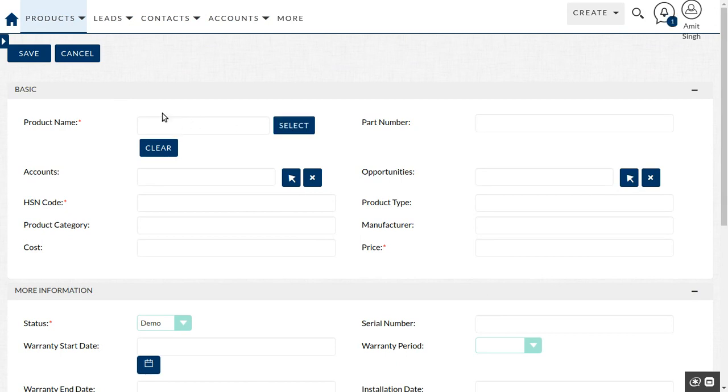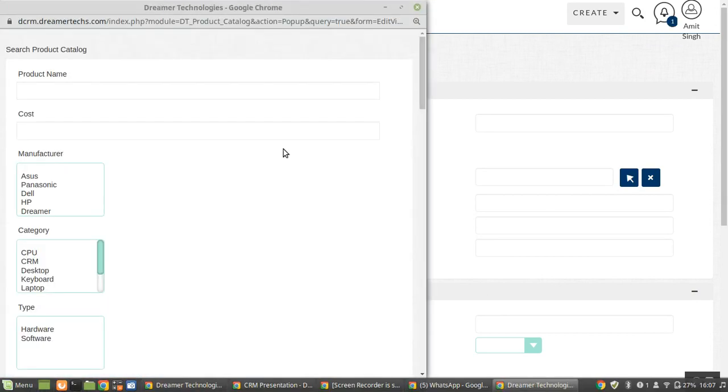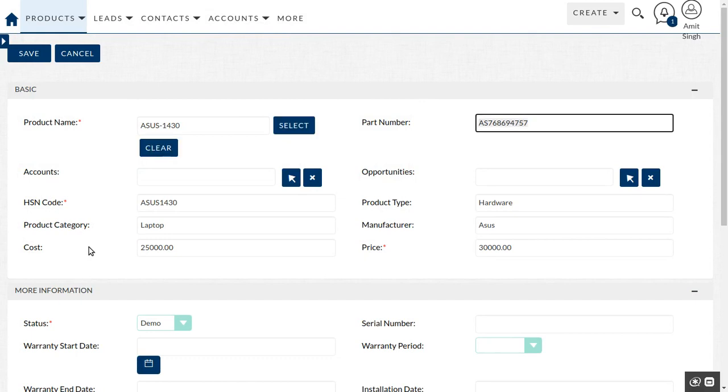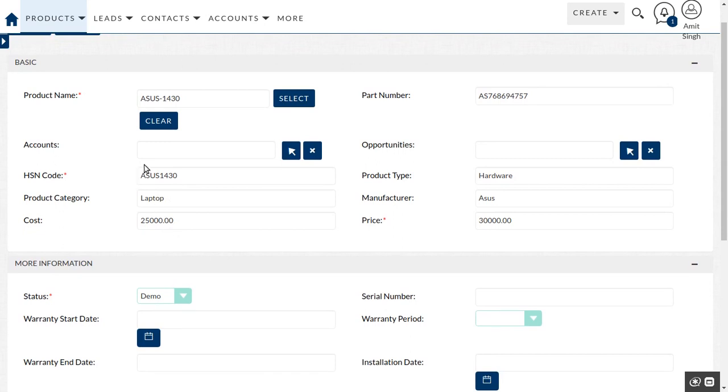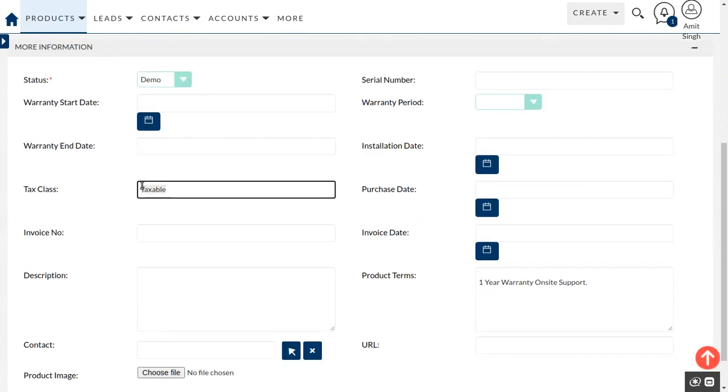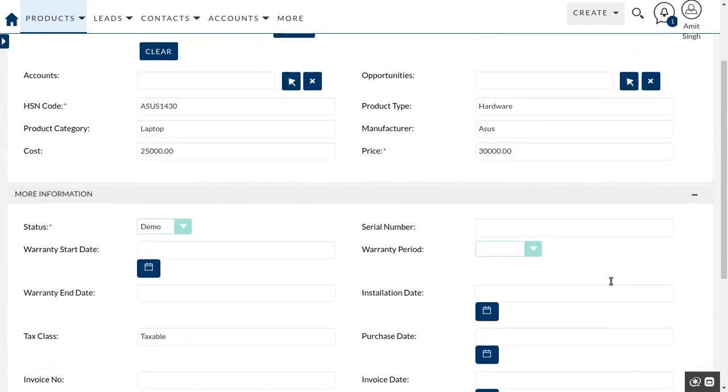For example, if you select the model we just created, Asus 1430, you can see the part number and everything is available with automation, without doing any manual entry. You can see the cost price, the price, the tax class is already selected, and the product terms are auto selected from the product catalog.